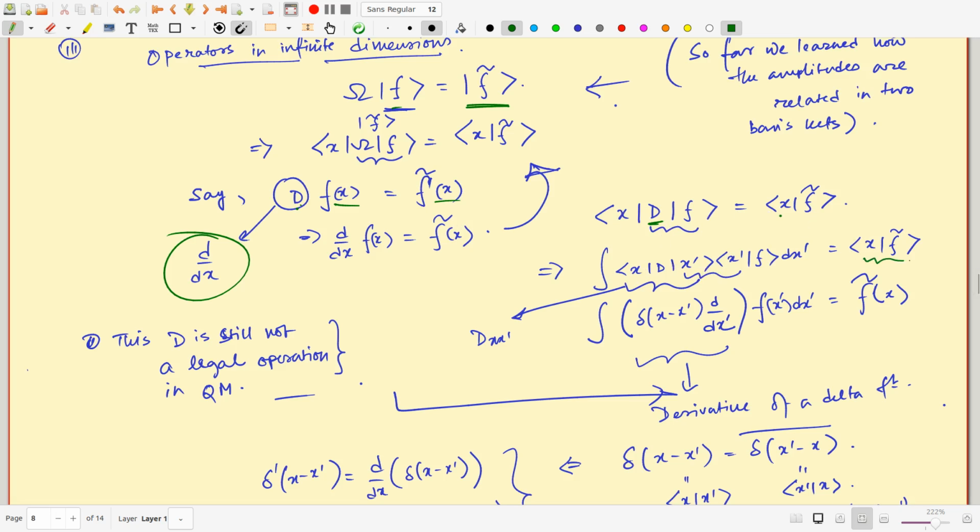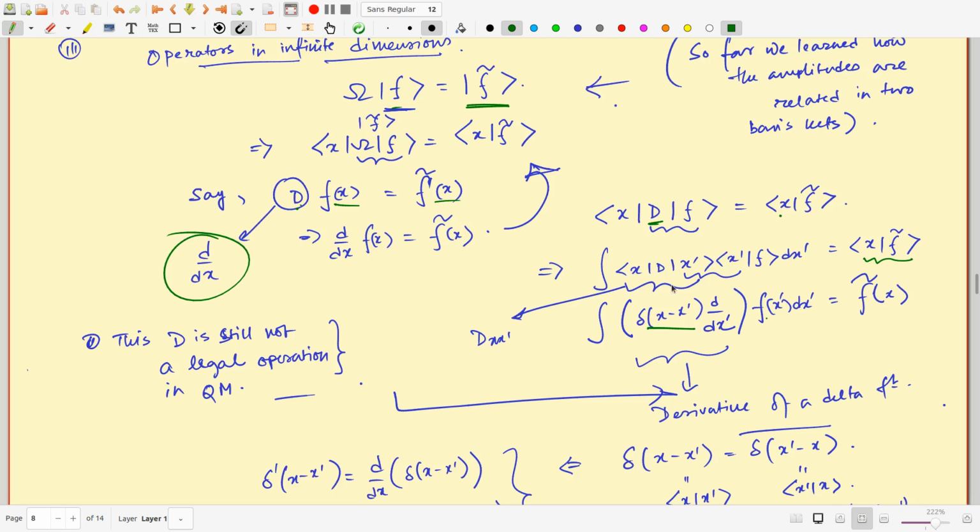So this is nothing but f(x), or f tilde(x). This integrates over dx, and this operator, d/dx, is best represented if I first act the derivative on this function, which gives me f tilde x prime, and then I get it at the point x. That gives me a delta function. That is the best possible representation of this, and this is nothing but like a diagonal. If you think of it as an infinite dimensional matrix, this is d/dx in all the diagonal entries, and that x means that particular x entry.